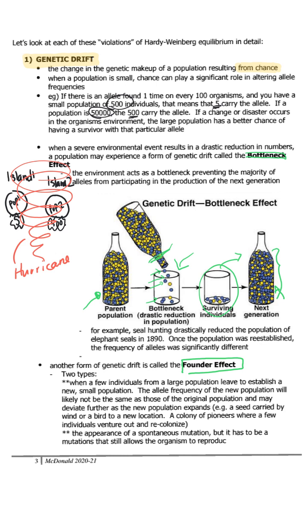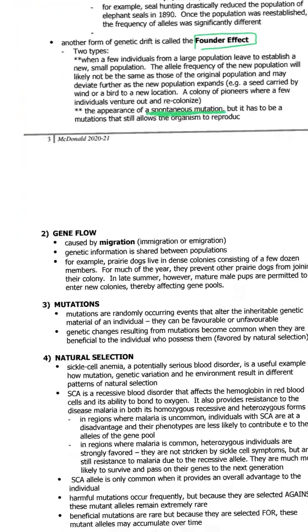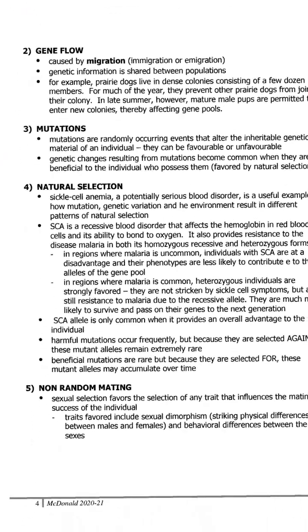Another type of founder effect is due to a spontaneous mutation. Sometimes that happens. If you've got a population of bears, all of a sudden this one bear is born with an extra toe on its left front paw. So now it has an extra toe, and if that bear lives to survive and reproduce, it's going to pass on that extra toe allele to the next generation. Okay, so it's sort of like it's just founded. It just shows up, almost out of nowhere, it seems, but that's obviously not the case when we're talking genetics. So on the next page here,